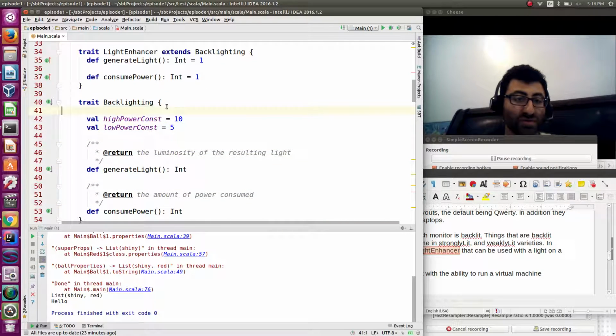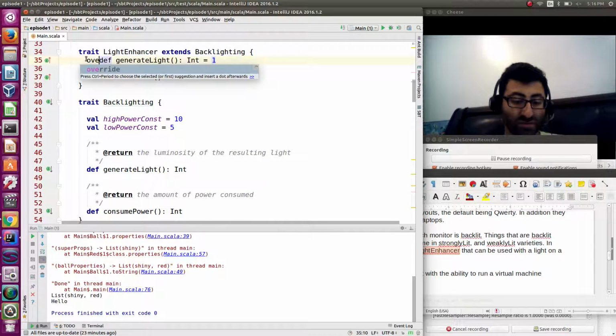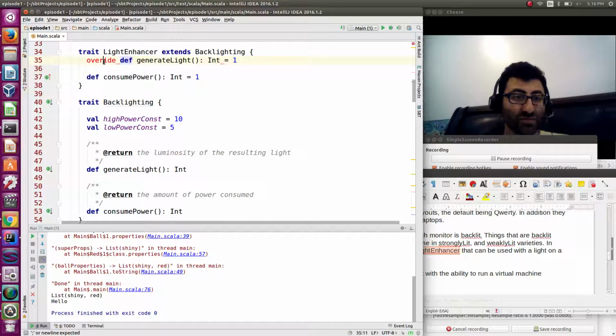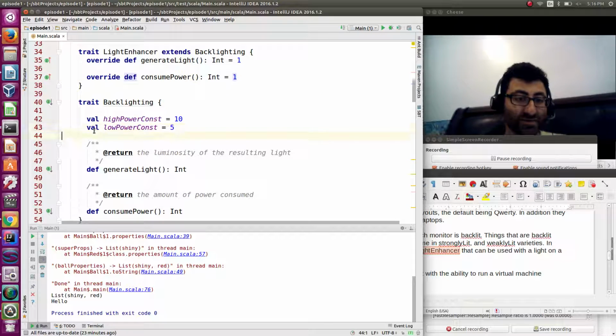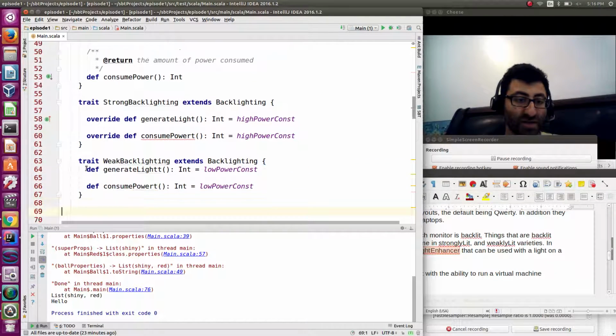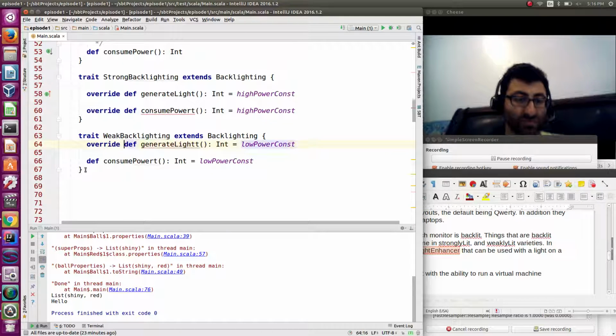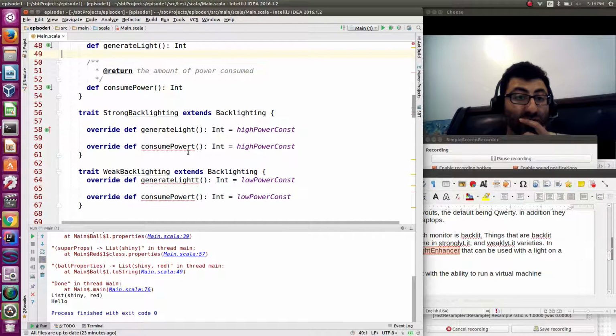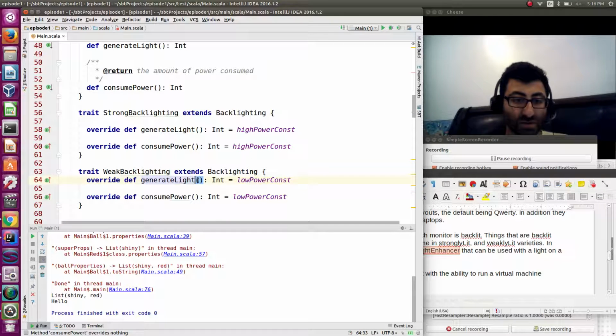Now what we can do is override, override, override, override, override, override. This is consume power. And what we're going to do is we're going to say